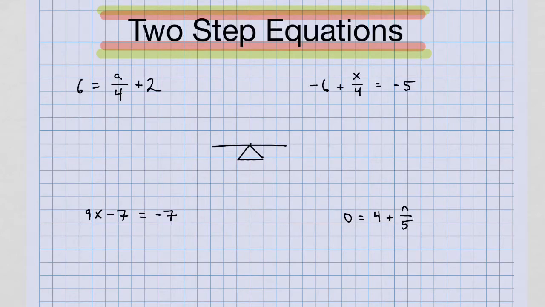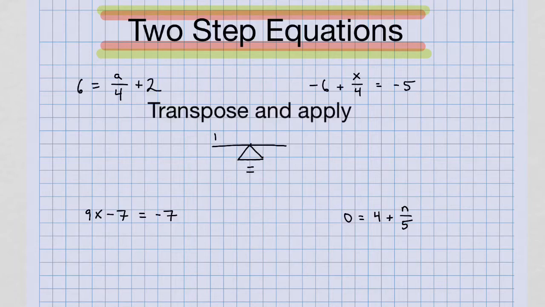All right, let's do some two-step equations. Now to solve these two-step equations, we're going to use the Vedic math formula, transpose and apply. Basically what that means is that whatever we do to one side of the equation, we're going to do to the other side. So an equation is kind of like a teeter-totter, and if, this is your equals, if I have to add 2 to one side, I have to add 2 to the other side to keep the balance